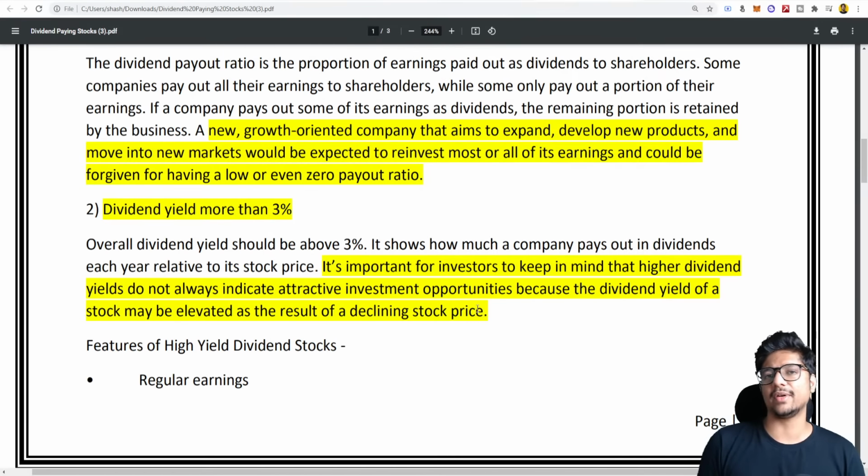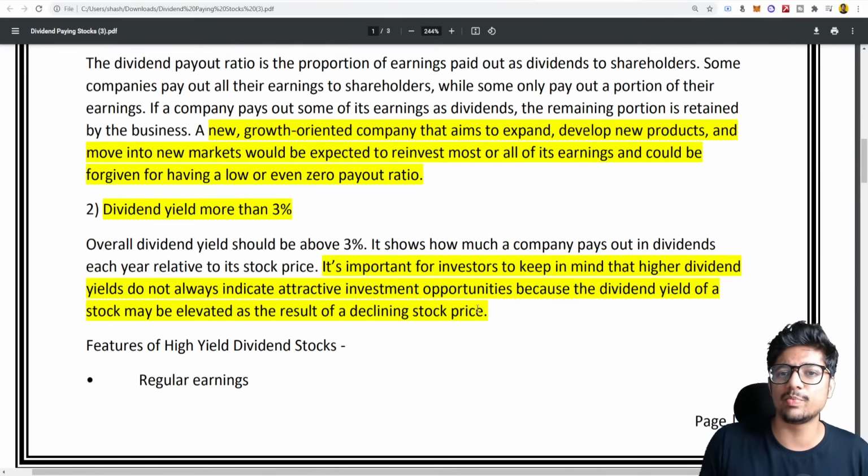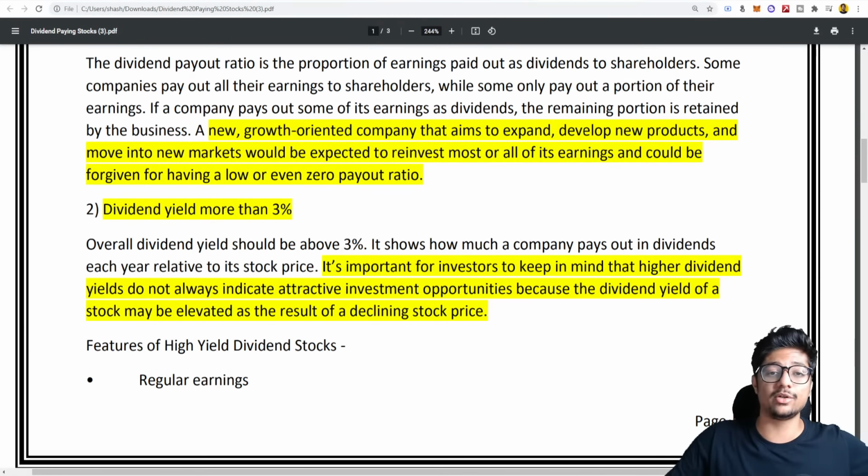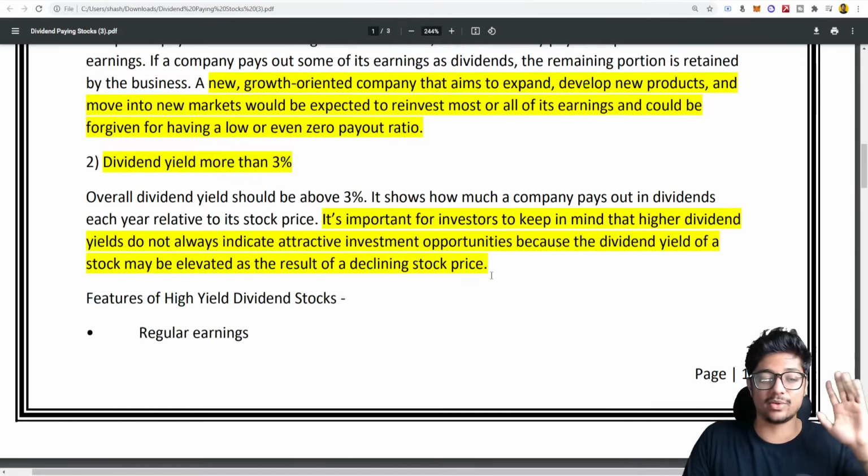For example, ITC has a slightly higher yield because this time ITC gave 10 rupees per stock and the stock price was only 200 to buy at that point. So you buy one stock for 200, and you get 10 rupees, a 5% yield over there. That was very nice for me, so this is what I liked. But there are better stocks that are giving you better returns. We will look at them one by one.